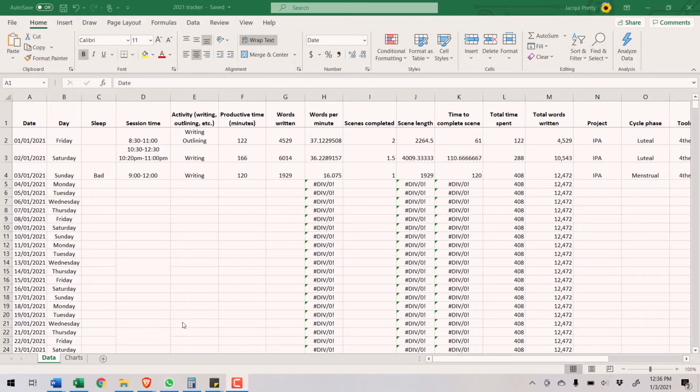So in my spreadsheet, the columns are day and date, of course. Sleep I actually just added this morning because last night I had a really bad night of sleep. I went to bed and of course immediately had an idea about the story I'm working on, so I ended up giving up on sleeping and writing that, and then when I tried to get back to sleep it was 1 a.m. and our neighbour was shoveling snow at 1 a.m.